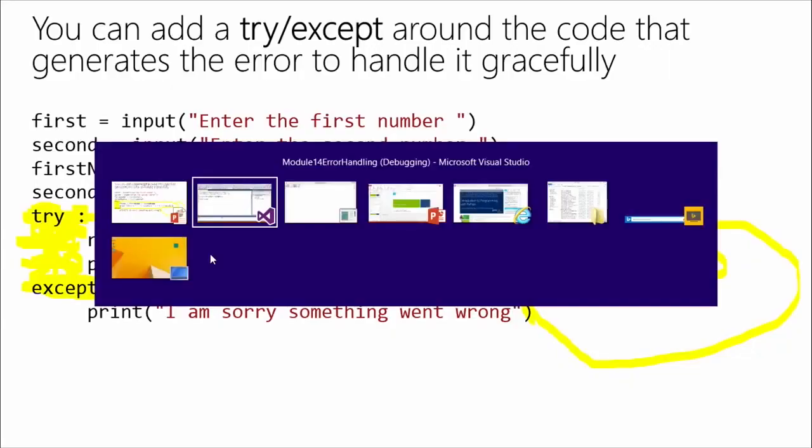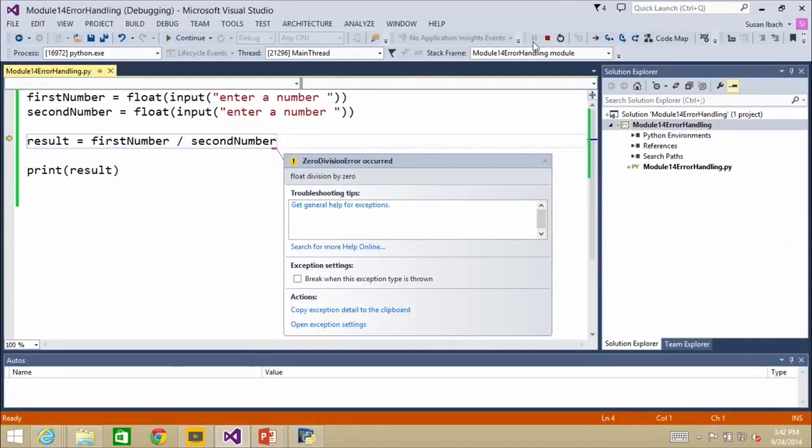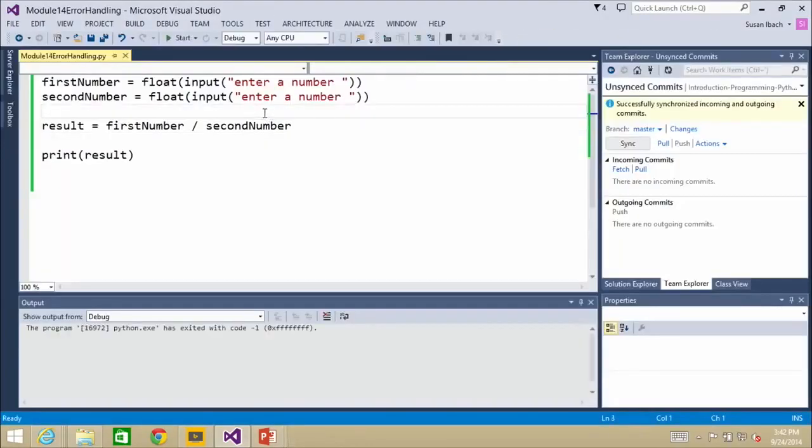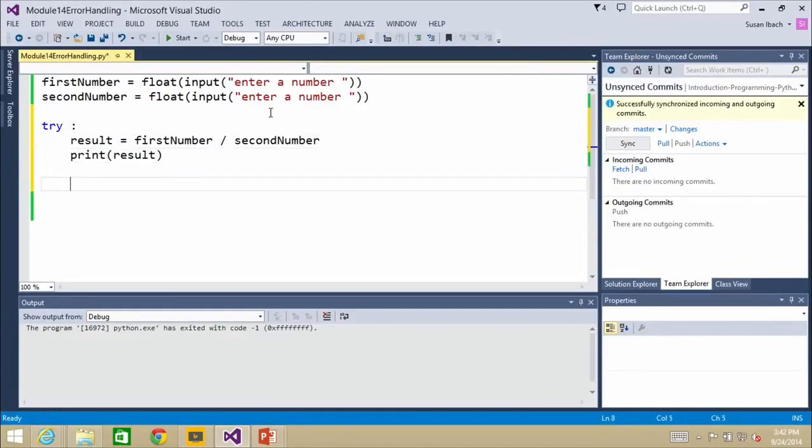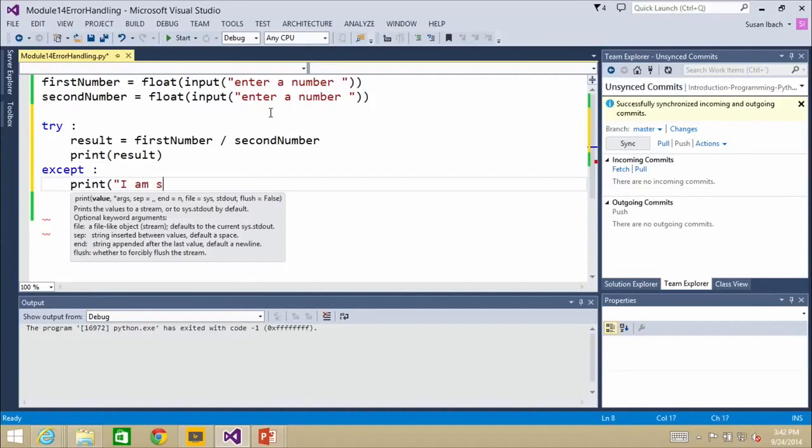So let me go add that to my code. So let's try that here and see it in action. So we're going to say try to calculate a result. And, you know, assuming everything goes well, after we get a result, I want to print it. So I'm going to leave that print in there as well, in this case. And then I'm going to say, now, in the event there is an exception, I'm just going to print, I am sorry,